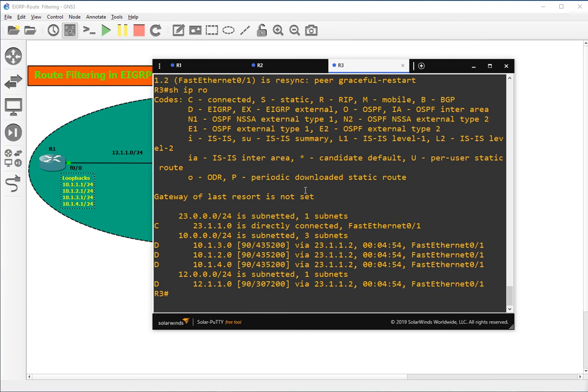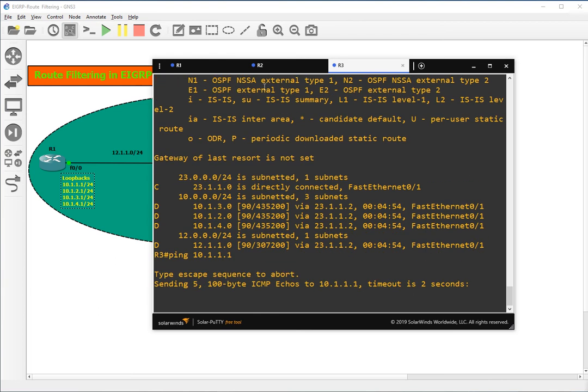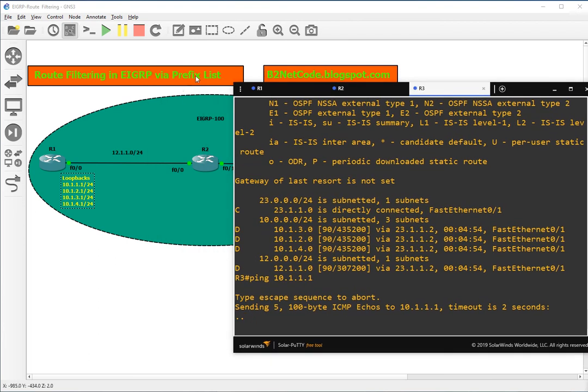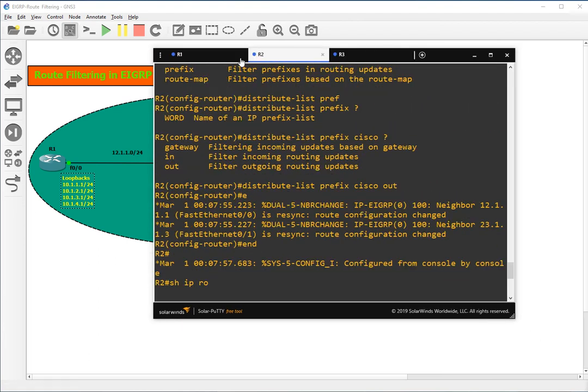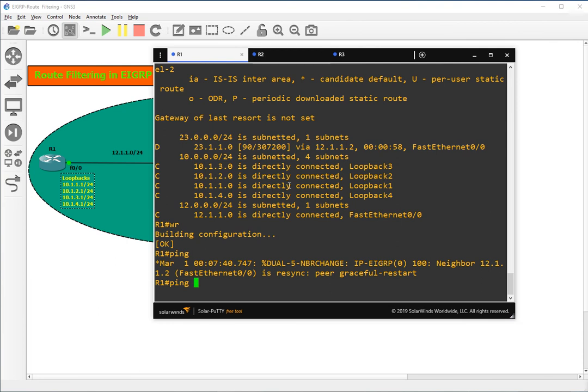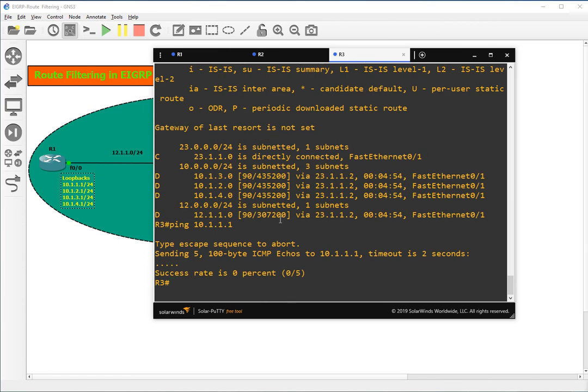Now let's try to ping, and this will not be successful because we have filtered the route with the help of the prefix list. And if we try to ping from here, from here we will be successful, but we have filtered the route from R3.